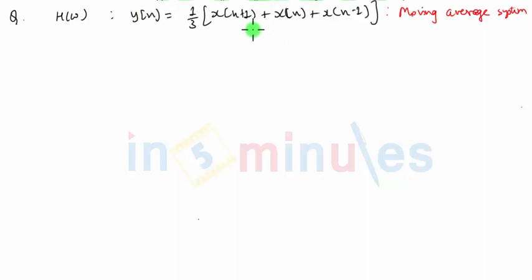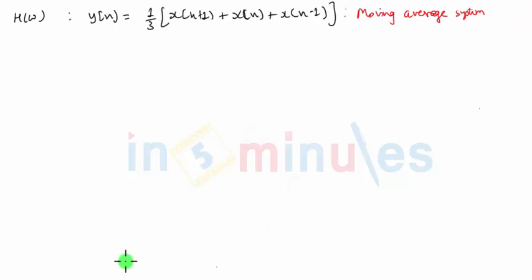Although we have defined this system mathematically here, it's not possible to practically realize this system because the output depends upon a future value of the input. So a realizable form of the moving average system is used in all practical applications, where you take the average of the current sample and a few past samples. You can't have the future sample in the expression of y of n. Alright, so let's discuss how to draw the magnitude and phase response for this given system.